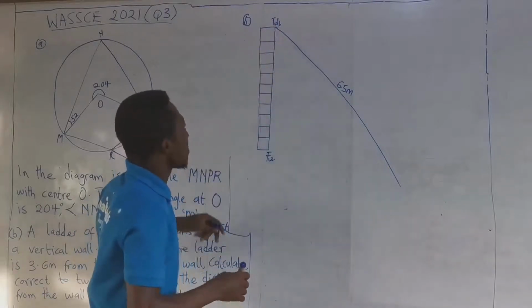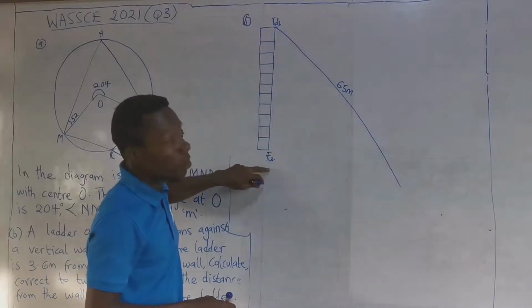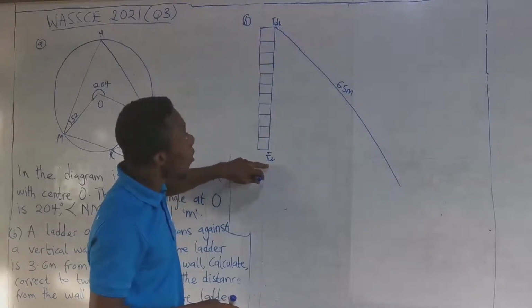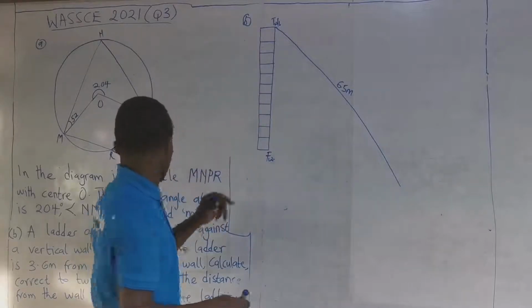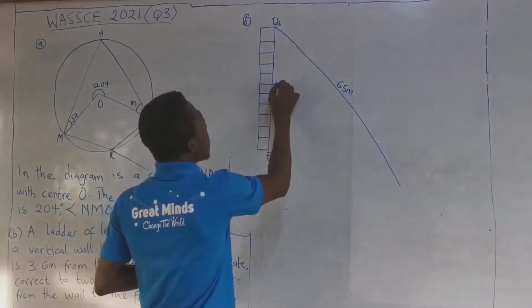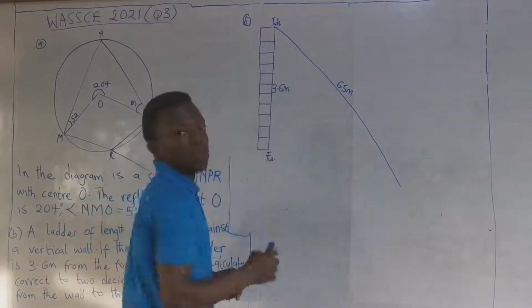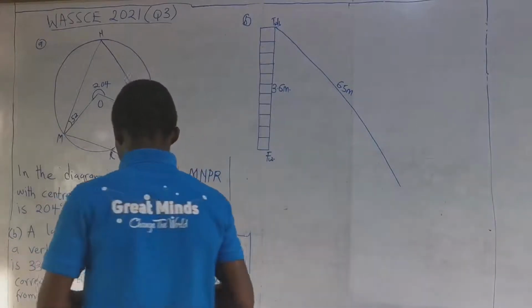So that is the top of the ladder. And they are saying that the top of the ladder from the foot of the wall is what? 3.6 meters. So it becomes 3.6 meters. So that's that length. Okay, so if that is true, then the question is asking us to